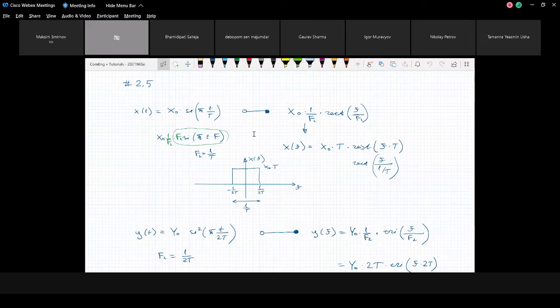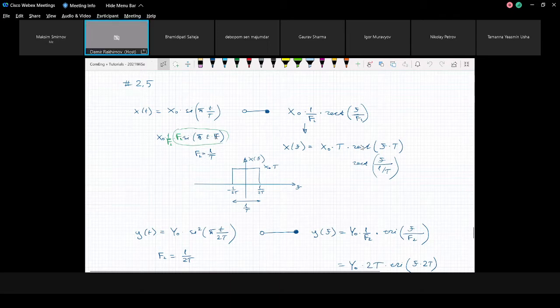Consider two signals, x of t and y of t. x of t is given as x0 times sinc function, and y of t is given as y0 times sinc square. And we know that x0 and y0 are real valued and positive. Then we need to draw the Fourier transform, X of f and Y of f, of these given signals in time domain. So we did it, and if we calculate the direct Fourier transform of this signal, we can first of all